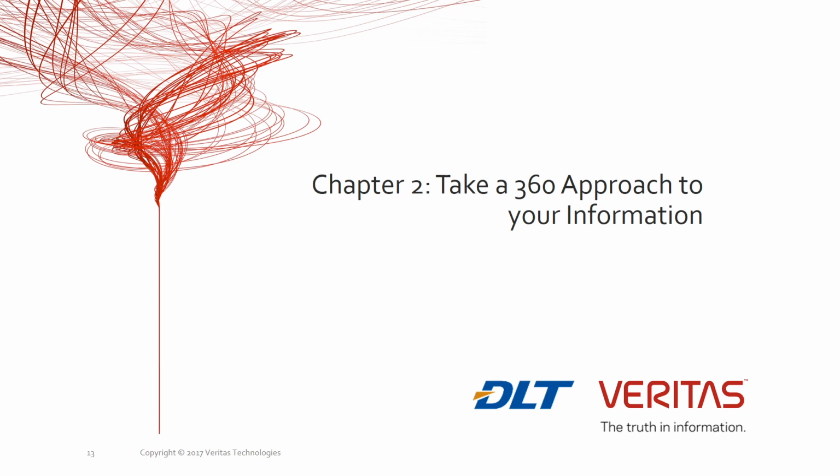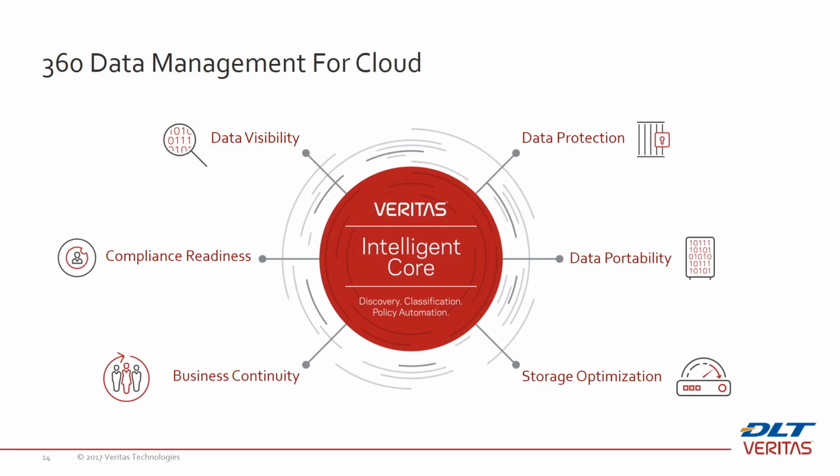Chapter 2. Take a 360 approach to your information. At Veritas, we focus on the data and workloads that make up your business, not the infrastructure it runs on. That means all of the important capabilities you require are in place, no matter where you are in your multi-cloud journey. With our 360 approach to data management, you can expect things like data visibility, gain granular understanding of the